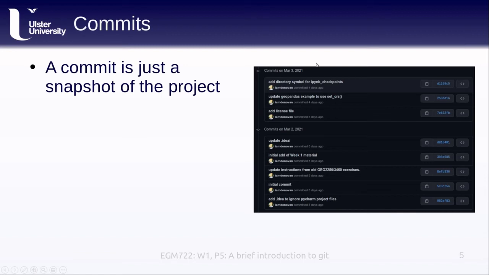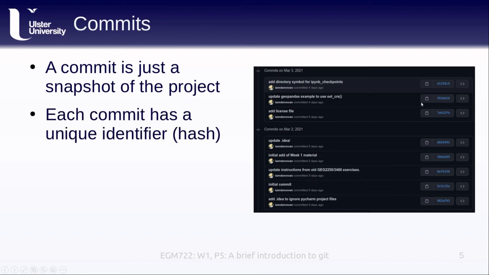repository up to that point, and they should all have a different message that explains what is being done at each step. They also have a unique identifier called a hash that you can see the abbreviation of here. There's a full text and number string that's quite long that actually is what Git is using to identify what changes have been made to your